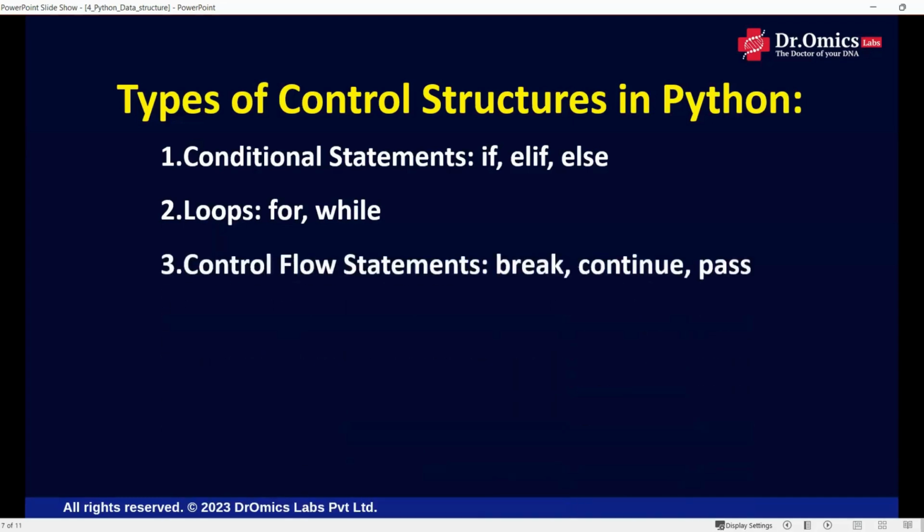There is control flow statement. Control flow means when you want to control the execution. By using the break, continue, pass keywords, you can control the execution. Break basically exits that particular loop immediately when the specified condition is met. Suppose you got a stop codon, you can stop execution, so no need to proceed with the remaining